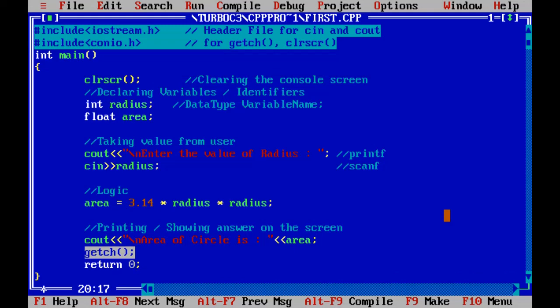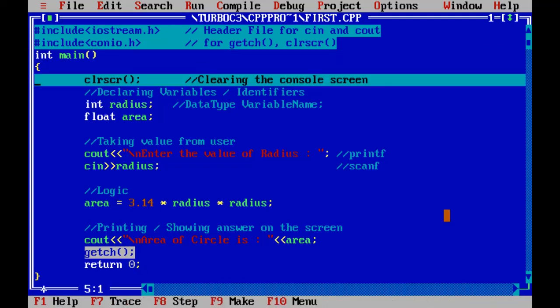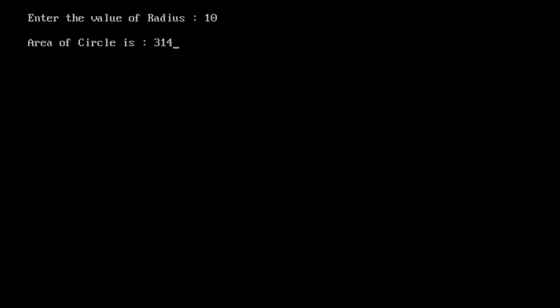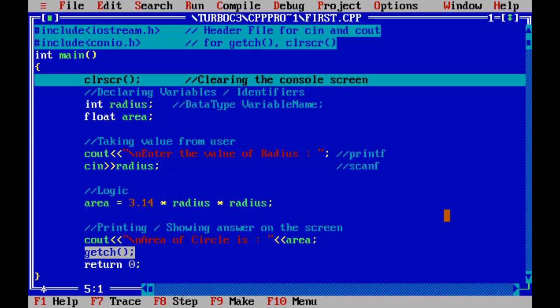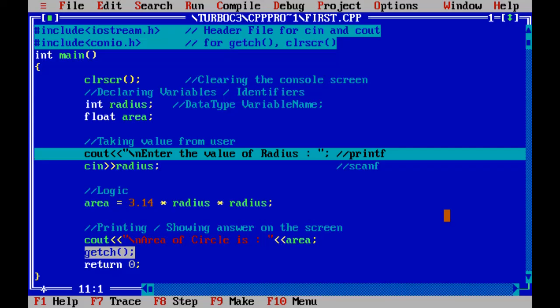Now we try to debug it. Debug means one by one, step by step execution. First of all, execution starts from int main. The first line that gets executed is clear screen. Right now if I look at the console, my previous output is already there. Once I execute clear screen and I again view the console, the console is blank. Why? Because of this predefined function, clear screen, my console gets cleared.